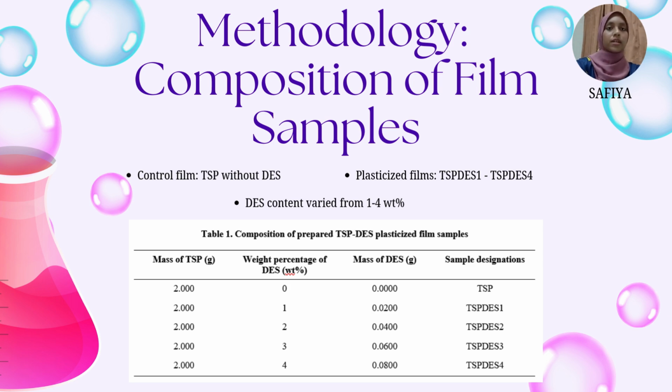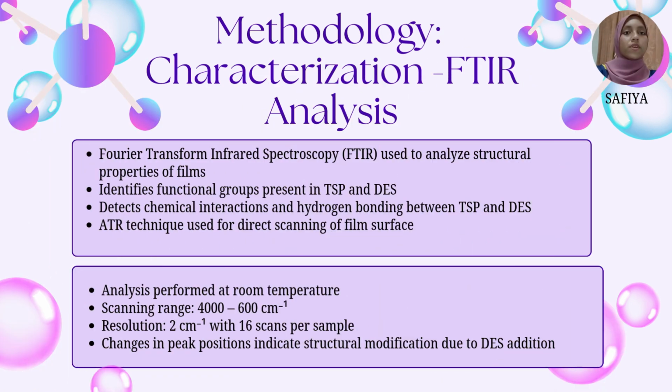The samples were labeled as TSP for the control film without DES, and TSP DS1 to TSP DS4 for films containing increasing DS content. Moving on to characterization: Fourier transform infrared spectroscopy, FTIR. To investigate the structural properties of the TSP DS films, FTIR was used. This technique helps us identify the functional groups present in both TSP and DS and to detect possible chemical interactions